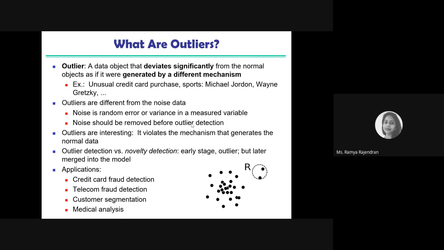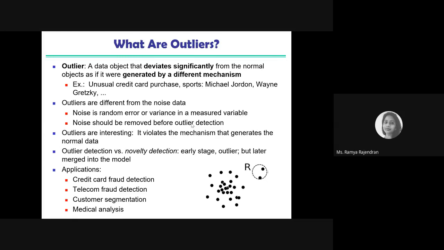But you cannot compare an outlier with noise. Noise is a random error which happens in your variable, whereas outliers are completely different because they are a real variable measure, whereas noise is not. Noise should be removed from your data, but outliers should not be. It is kind of away from your general data, but you should not remove it just because you want a perfect data model.